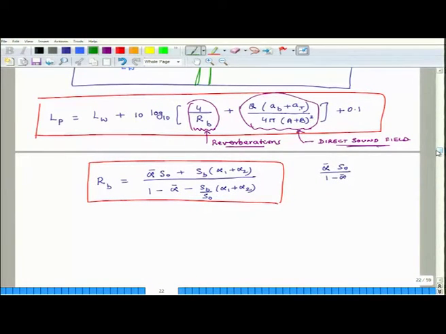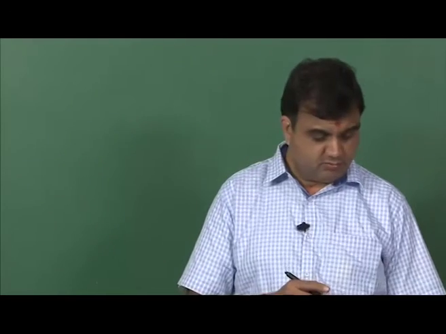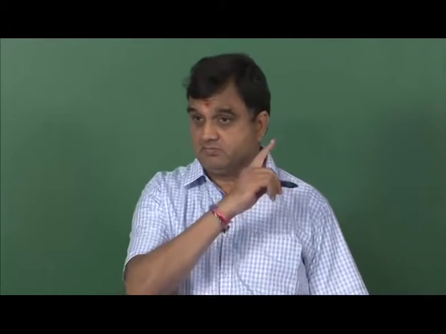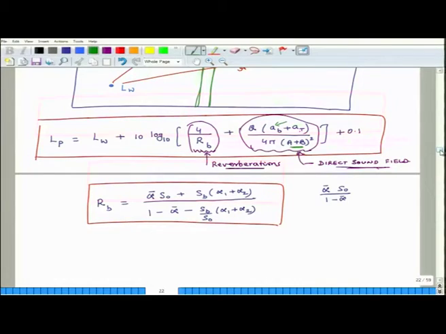and where do we use this A and B? We use A and B in this relation, but we also have to compute the barrier coefficient, and the barrier coefficient we compute by first finding out Fresnel's number, which we discussed in the context of barriers outside, and then you use that tan hyperbolic relation to compute the barrier coefficient.